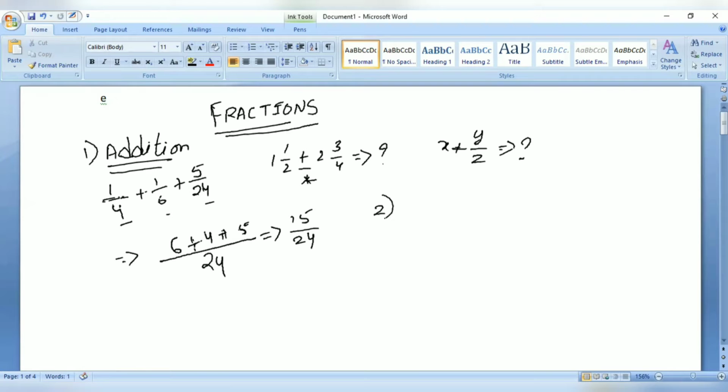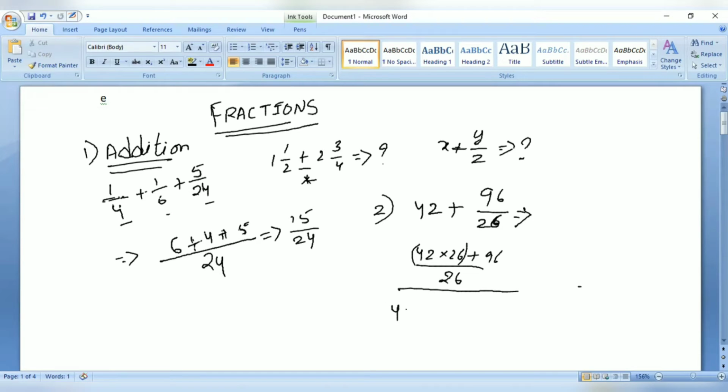For example, another problem like this. Let us calculate the value 42 plus 96 divided by 26. How to solve this? First, with the general method, we will take the LCM as 26. So 42 into 26 plus 96, this total value is multiplied and then. Now this is a lengthy procedure. To solve this question, we have a shortcut method. How do we solve it? Let us see.